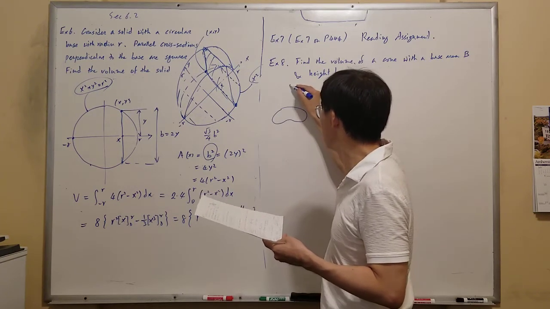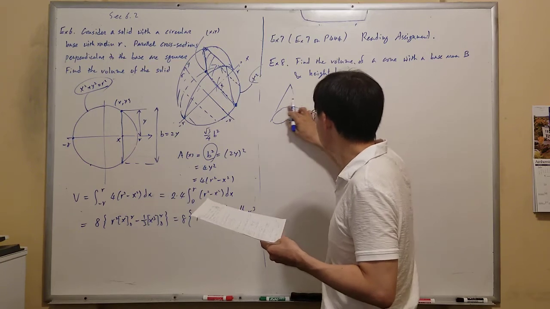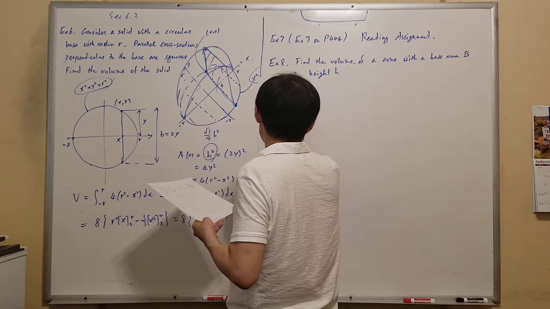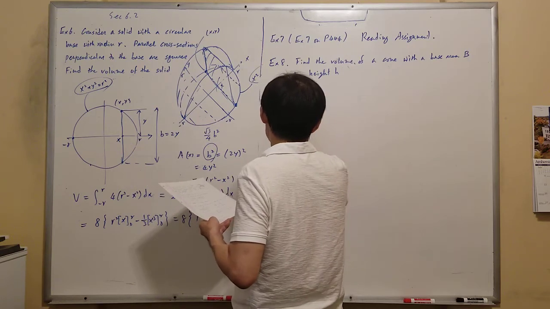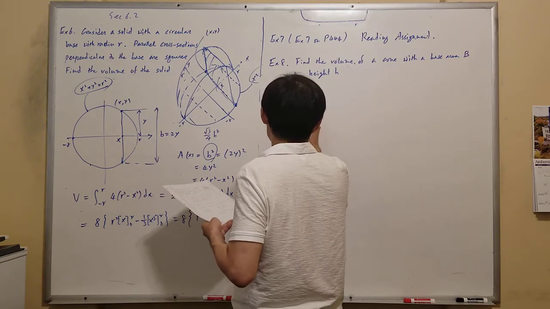Let's say this kind of cone. Okay? This area B. How are you going to find the area? Base area B,